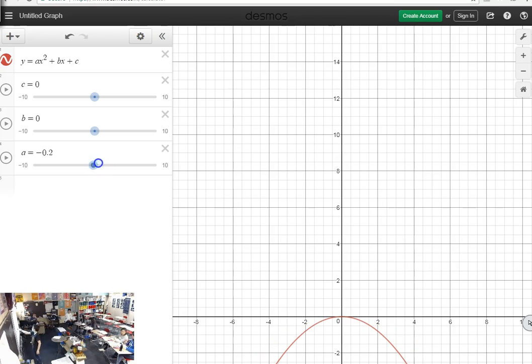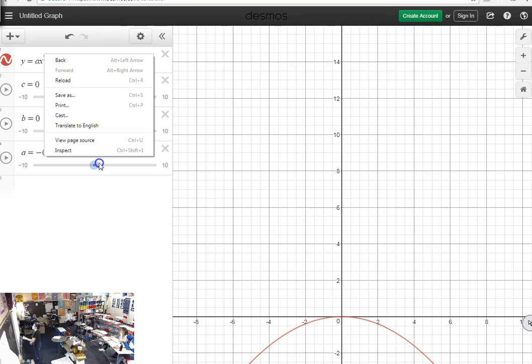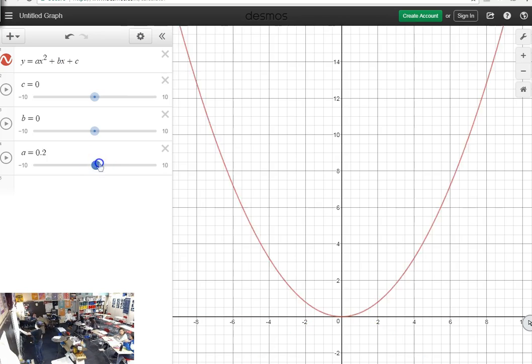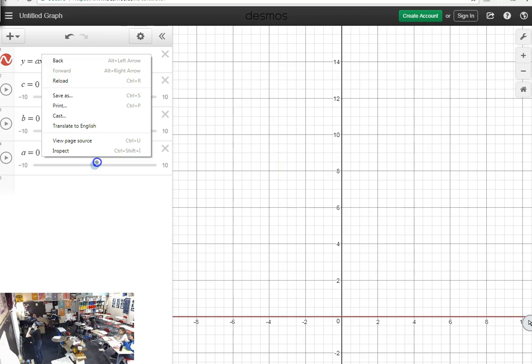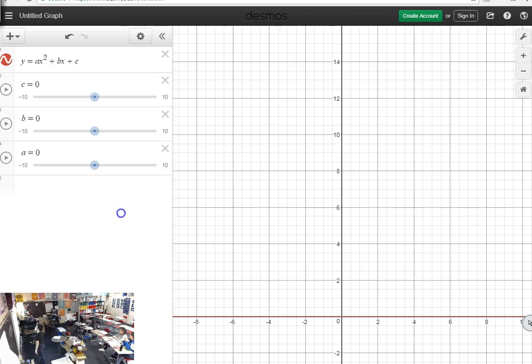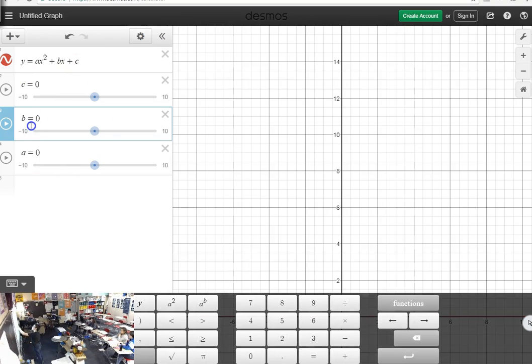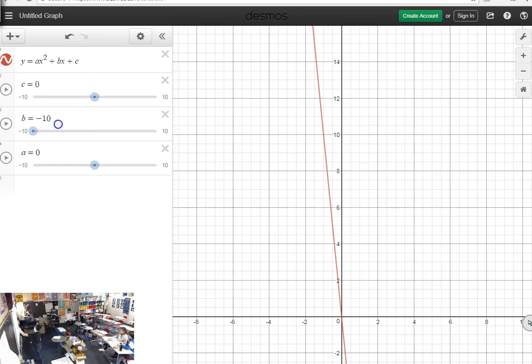Oh, wait, is that a reset? I don't know, because there's a dramatic change within that one. Right click somewhere else. If everything is zero, then it's a flat line, because then you just said y is 0. So now you're no longer quadratic. Oh yeah, since that's a zero.